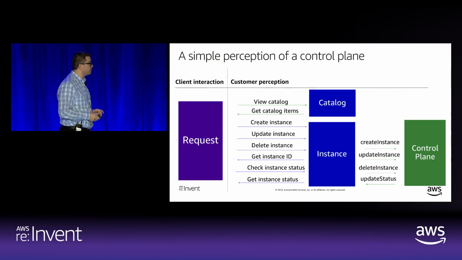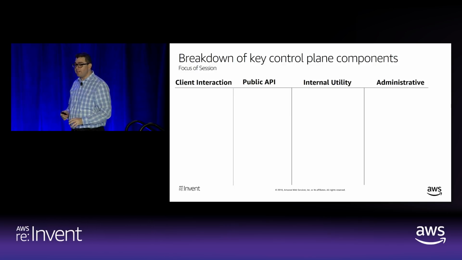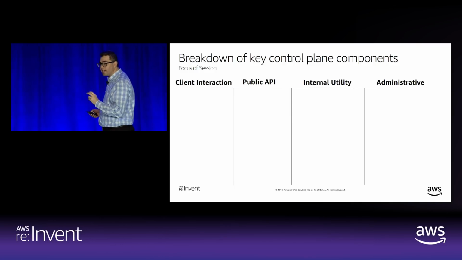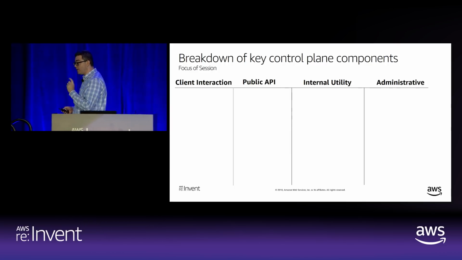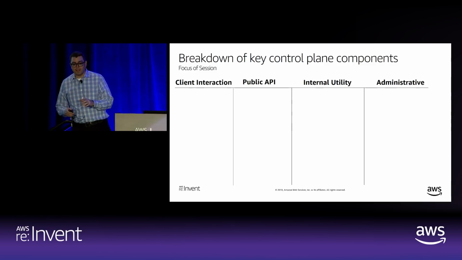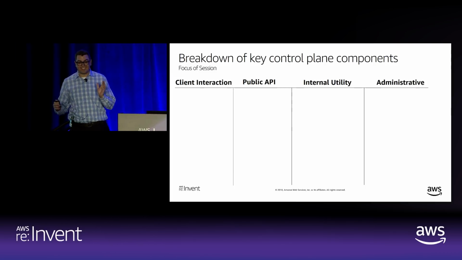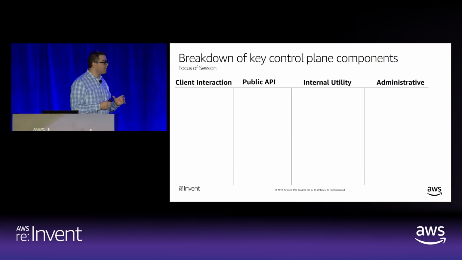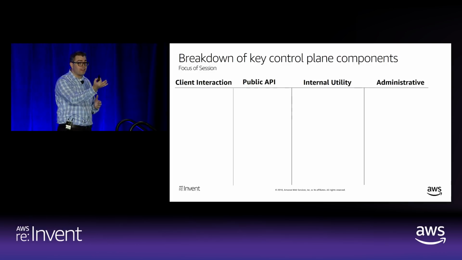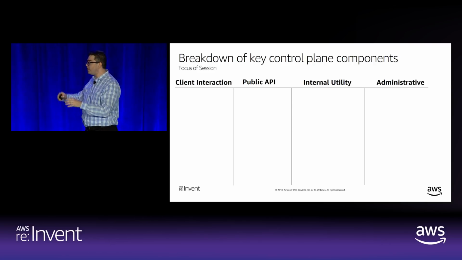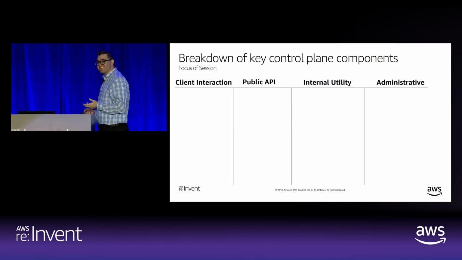Let's dive in a little bit deeper. There's a large number of components. Even if you were to deliver a control plane in a very minuscule way, you're going to need a large number of multi-tenant potential microservices. So I want to show you the ones that maybe we could talk a little bit about. I want to show you some of the ones that we're not going to talk about. But what I want to do is I want to create a conversation. I'm not going to be having time to take questions during this session. But at the end of the session, I'll be available outside the room to answer your questions about this in a very, very deep way as it relates to your prescriptive guidance. And I'll give you some stickers.